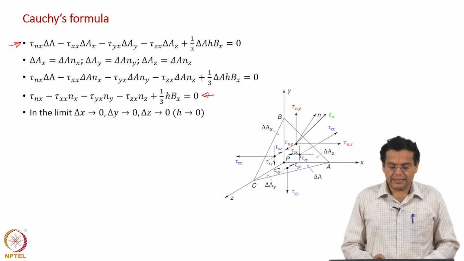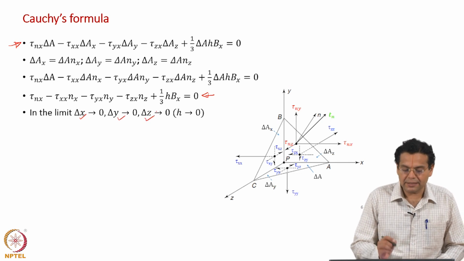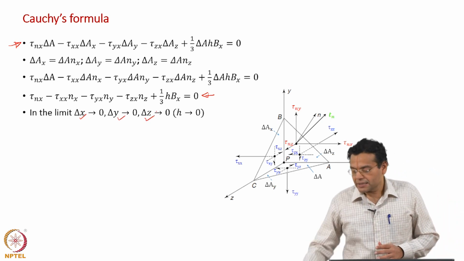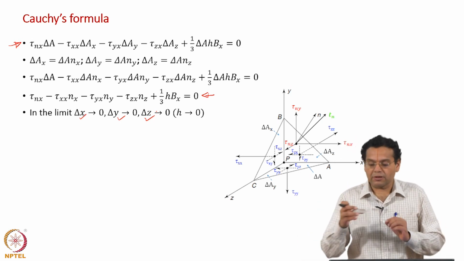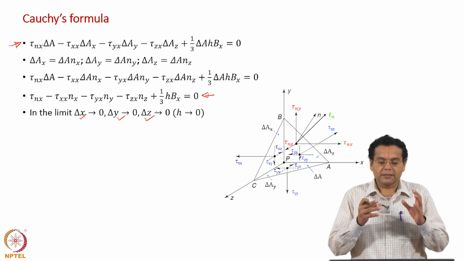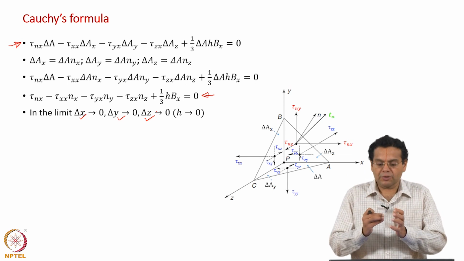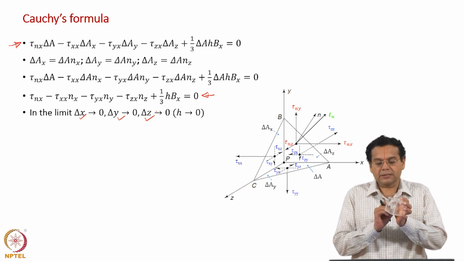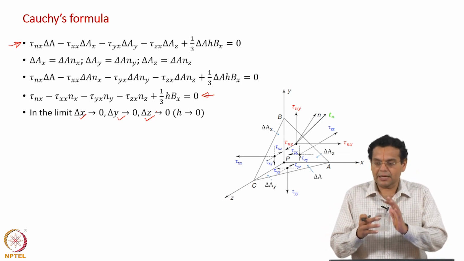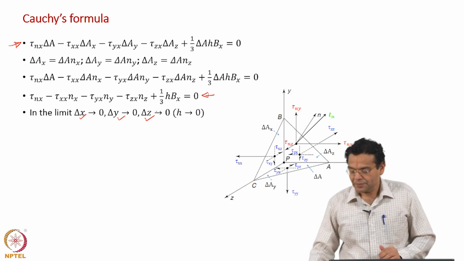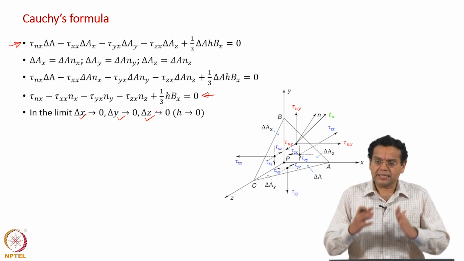We do exactly the same thing here as well, in the limit of delta x, delta y, delta z tending to 0, which means that we are shrinking this tetrahedron to a point, and as we have done earlier, what did we say? We shrink so that this aspect ratio is maintained the same. We should shrink as a cube, we should not shrink as this length becoming 0 or this length very large. We should shrink symmetrically so that the shape is maintained. Similarly, here also we shrink the tetrahedron to a point, maintaining the shape of the tetrahedron.